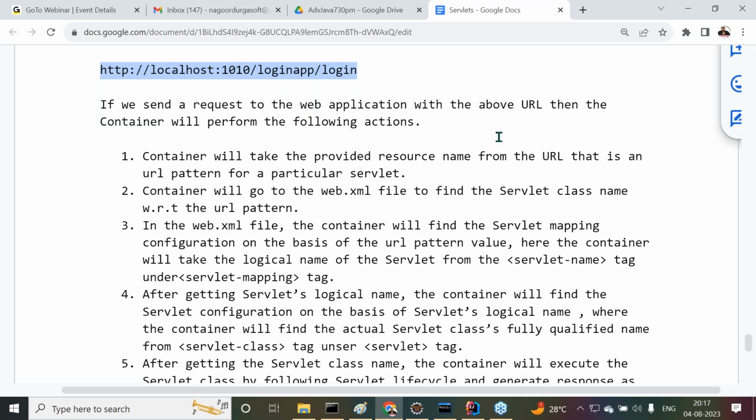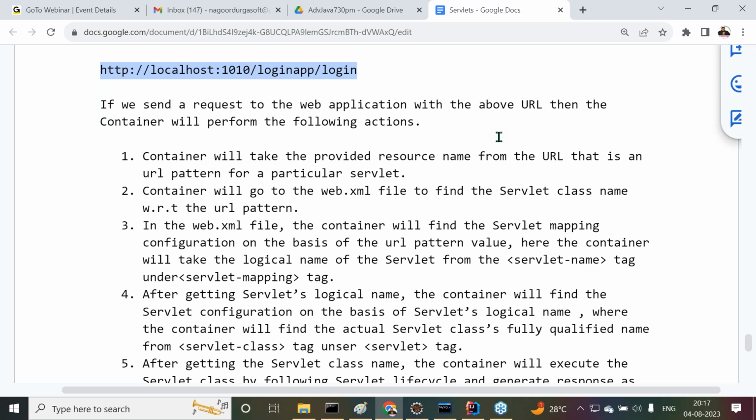Think of it. When we submit a request, what is the hero doing there? He wants to find the target element. To find the target element, he doesn't know the path, but how to reach that particular target element is scripted inside the map. Every time he has to check that map. Similarly, when a request is coming to the container,